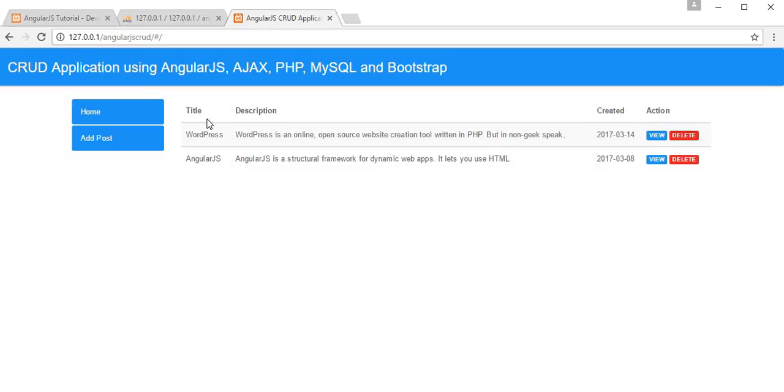And in this video we'll create a form to add a blog post into our database, and we have to work on routing. Here we need to add another route so that whenever I click on this add post, it should take me to that form. Here I should display a form where I can add the text and create a new blog post. Okay, so for that we need to go to our